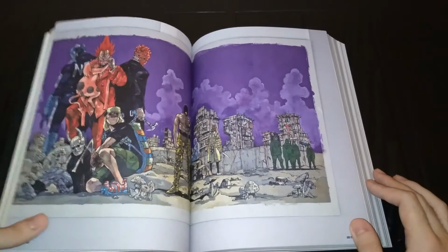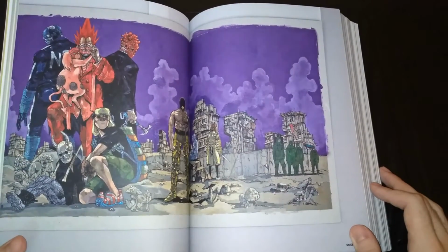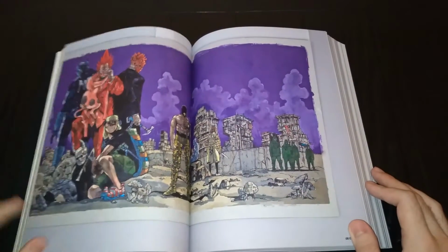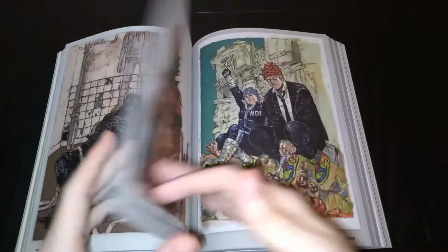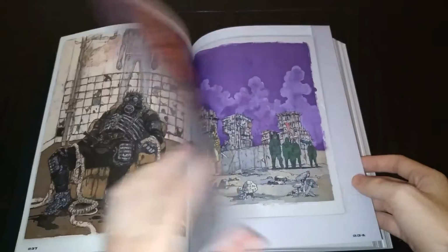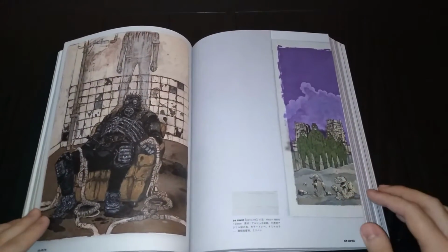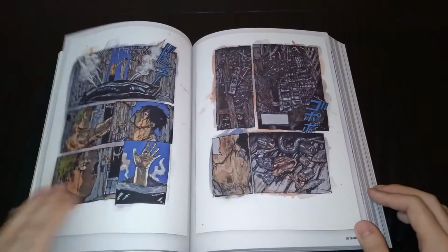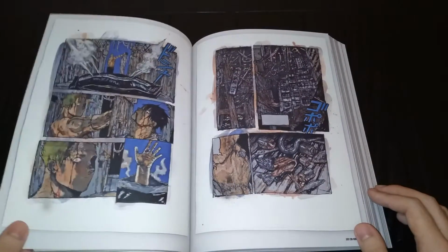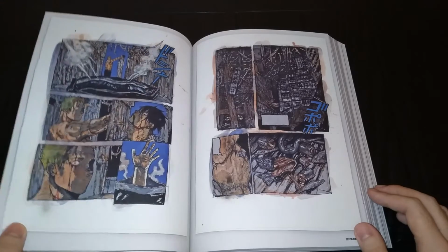Oh my god, this is such a cool illustration. Like, man. And it's just so big that the editorial team, whoever made this, had to put the other half on here because it didn't fit, which is fine. Well, obviously, I don't think I need to mention it, but the colors for this are very vivid and wonderful